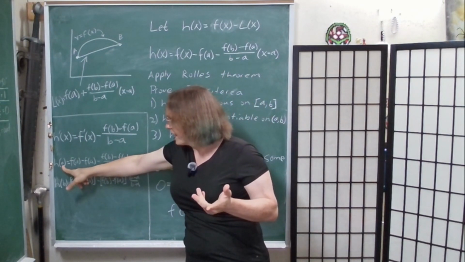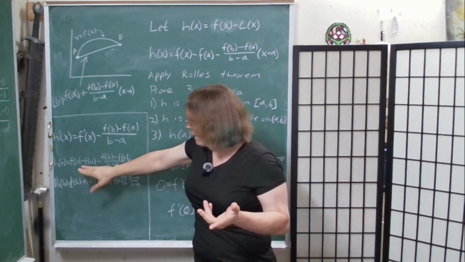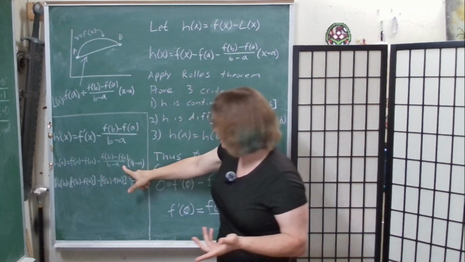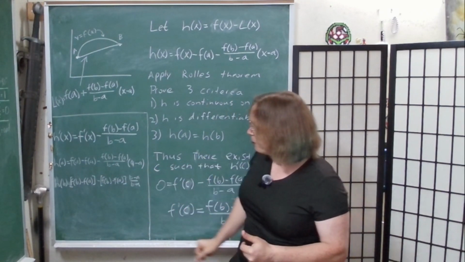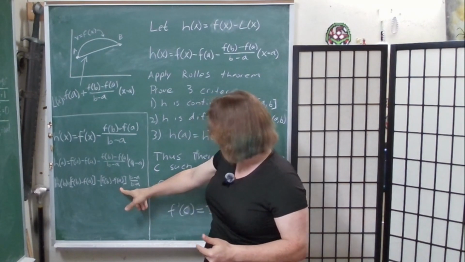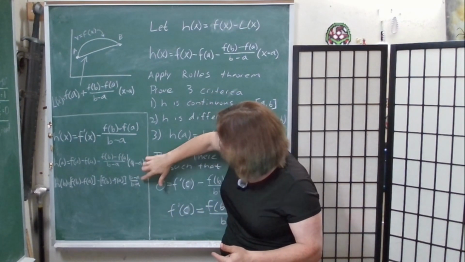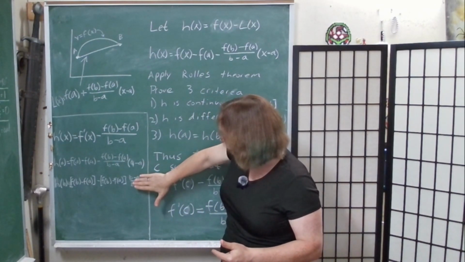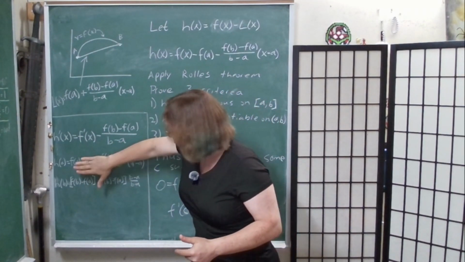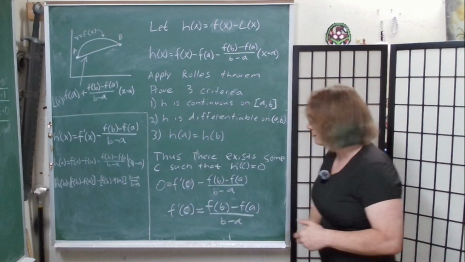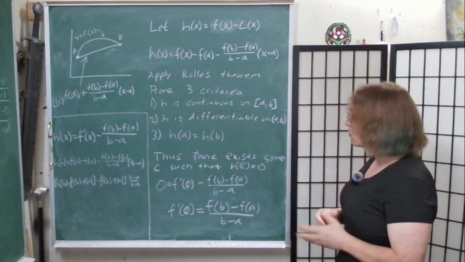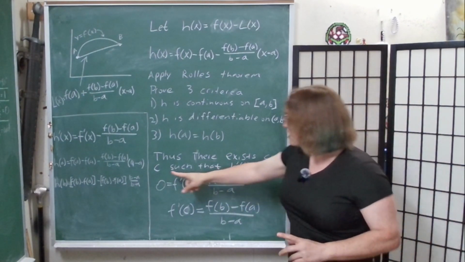And we do that by simply plugging a in. f of a minus f of a, that's 0. And then a minus a is 0, so this term becomes 0. 0 minus 0 is 0. And then when we plug b in, we get f of b minus f of a minus f of b minus f of a. And then over here, we would get b minus a over b minus a. That becomes 1, so we get f of b minus f of a minus f of b minus f of a. That's 0. So 0 and 0. We meet Rolle's theorem. So then we can apply what Rolle's theorem says, which is that there is some c